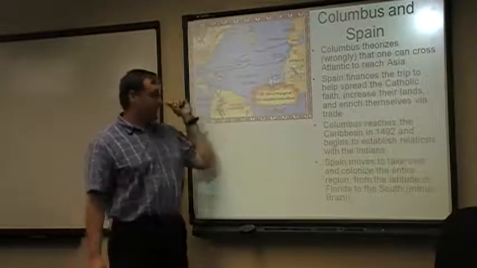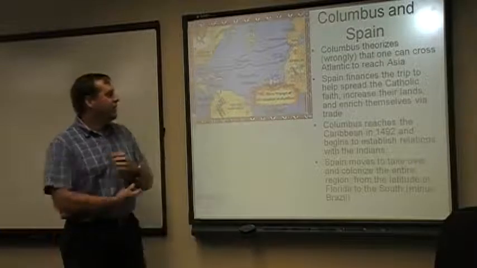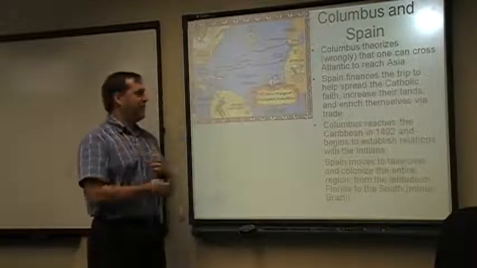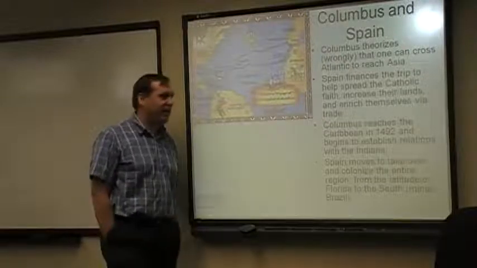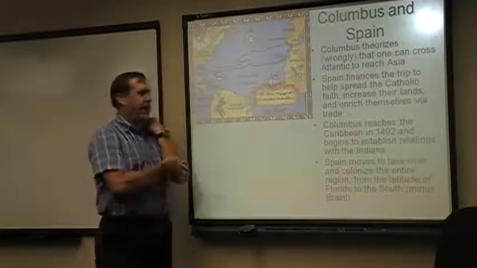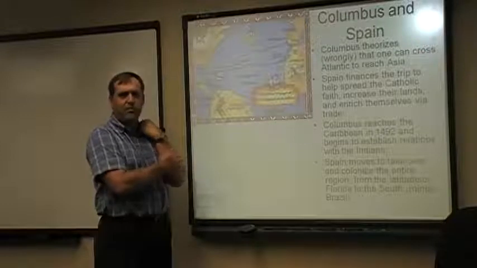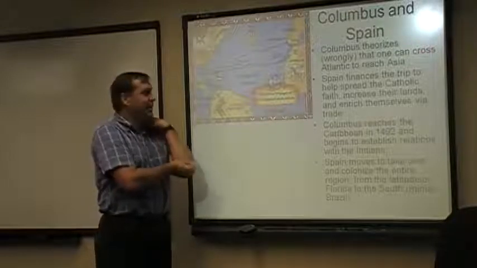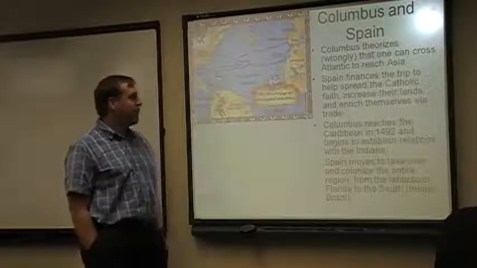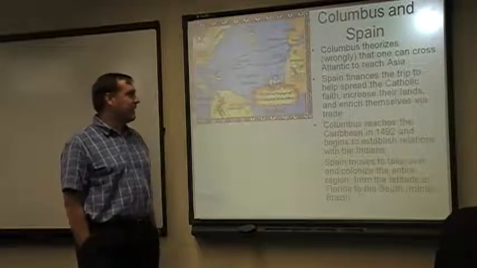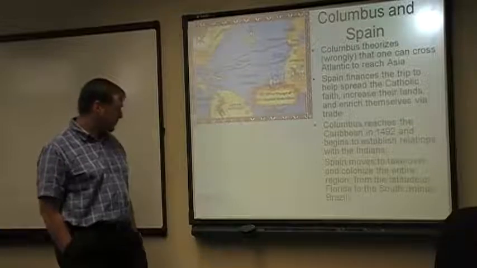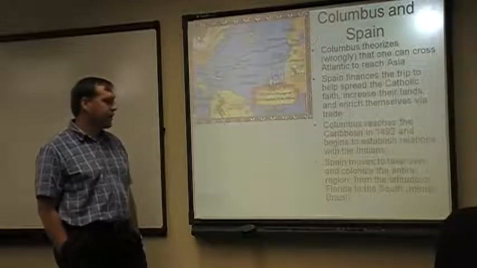All right. What we're going to see, though, is Columbus doesn't find exactly what he's looking for. All right, he's looking for gold. He's looking for the riches of the Far East. And if you go into the Caribbean today, unless you go to like, I don't know, the Bombay Company or something in the mall, you're not going to find it. Okay, none of that kind of stuff is there with the Taino Indians that he runs into, and so he's a little stymied. He would later make a series of trips to the New World.